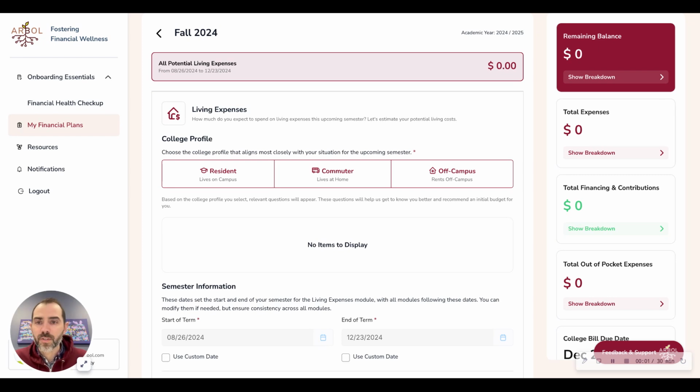The living expense module is intended to provide students with the opportunity to account for all of those indirect expenses outside of the classroom. So the first thing you'll notice is we are summarizing all potential living expenses from August 26th, 2024 to December 23rd, 2024. So that spans, obviously, the fall 2024 semester. The idea here is we're going to build an indirect budget for all things outside of the classroom